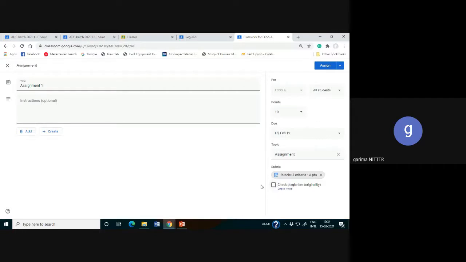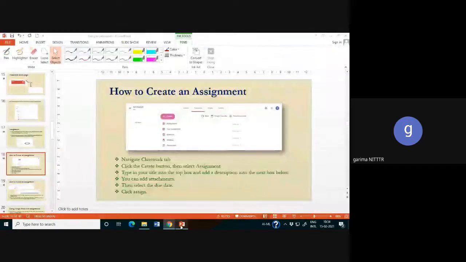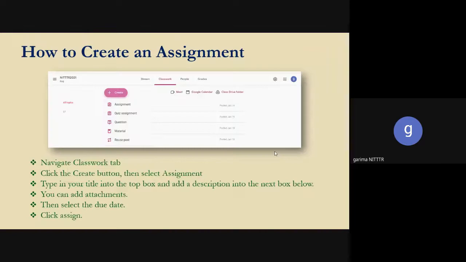This is one major thing related to assignments, to think about when you give assignments, especially written assignments, how we are going to assess those things. Now next, we have seen how we create an assignment, and in addition how we create the rubrics for that particular assignment.